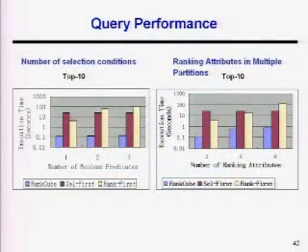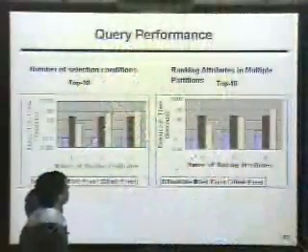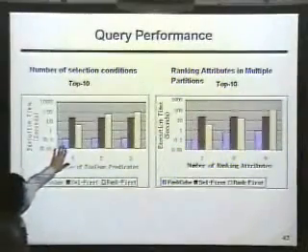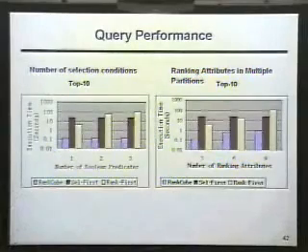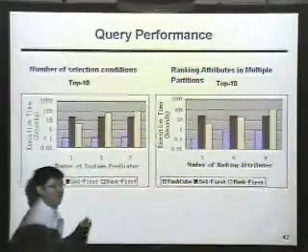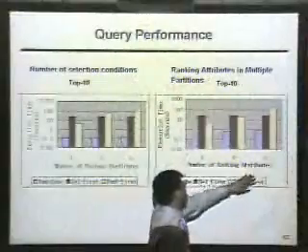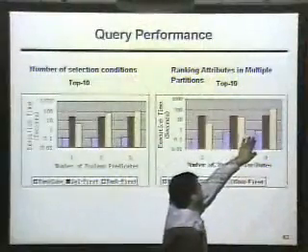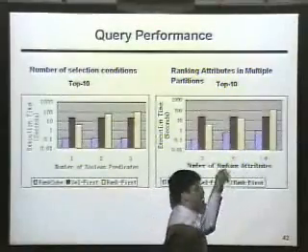So this is the query performance. We vary the number of selection conditions. We also vary the number of ranking attributes. And this figure shows that we only materialize the atomic selection dimensions. And when we get 3 Boolean predicates, the cost is only increased a little bit because we already show that the cost for retrieving these signatures is low. And here we show that when we vary the number of ranking attributes, we still can do pretty well. But of course, when the number of attributes is larger, the cost jumps.